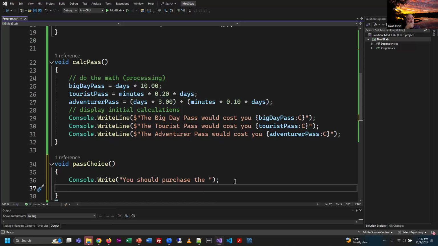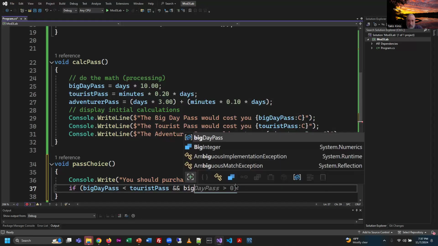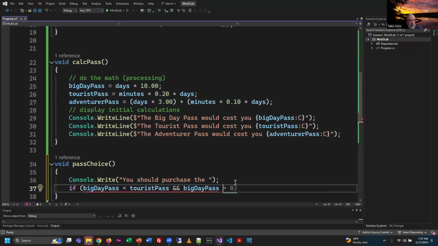Okay. So if we were going to pick the cheapest one, this is kind of like a pick the smallest number scenario, right? So how do we figure out which one of the 3 is the smallest? Well, we compare them with each other, basically. So I'm just going to write an if statement. Here's the if, here's the parens, and I'm going to start with: if the big day pass is less than the tourist pass, and the big day pass is less than the adventurer pass,